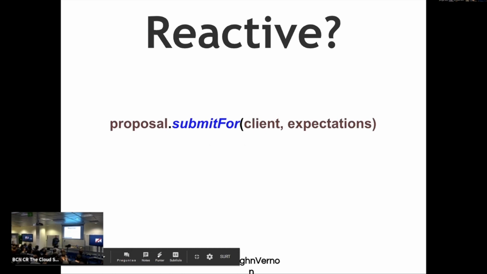Yeah, so when you look at this, do you imagine that this is reactive? It is reactive because there's a certain protocol that's going on behind the scenes when we actually invoke this submit for operation. What happens? The method invocation itself and the parameters passed to the method are reified into a message that is sent to the actor that is identified by the proposal and delivered asynchronously.